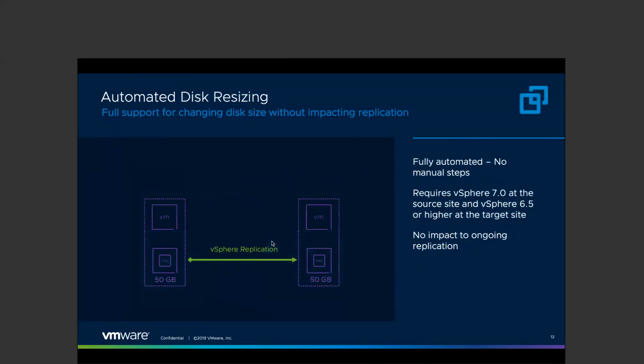Automated disk resizing is another feature that is specifically for vSphere replication. This is about when you want to resize the primary disk, and vSphere replication is going to pick up the change. If the primary disk is 50 gigabytes, and you resize the disk from the vCenter server itself to, let's say, 100 gigabytes, vSphere replication is going to pick up this change and automatically resize the replica disk without any interruption